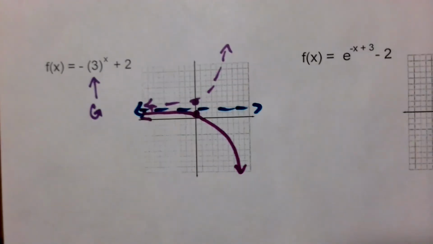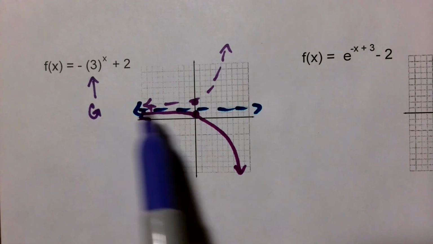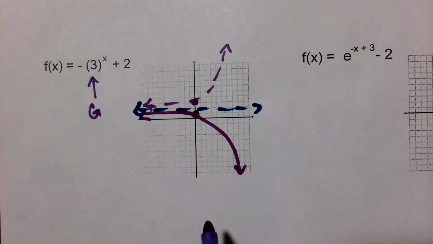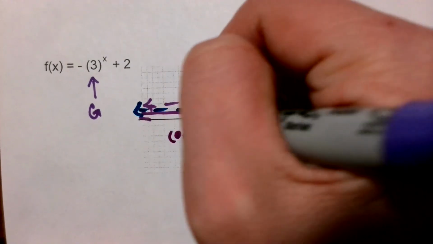And I get this question a lot, whether we would call this growth or decay now that it is flipped over the asymptote. I don't have a word for it. I mean, technically it is decreasing, but we don't really see this happen a whole lot in the real world. As far as sketching our graphs, we do want to be able to use our rules to sketch them, but this isn't something that we need a name for. That point right there is at (0, 1).